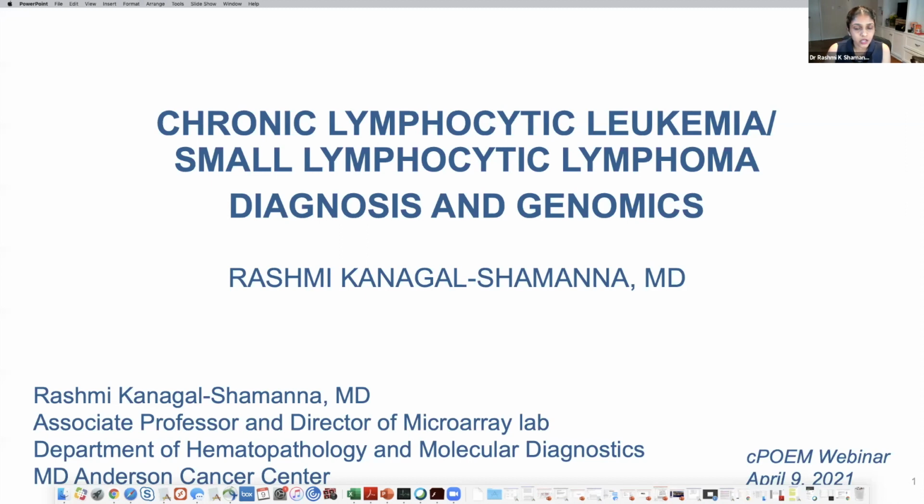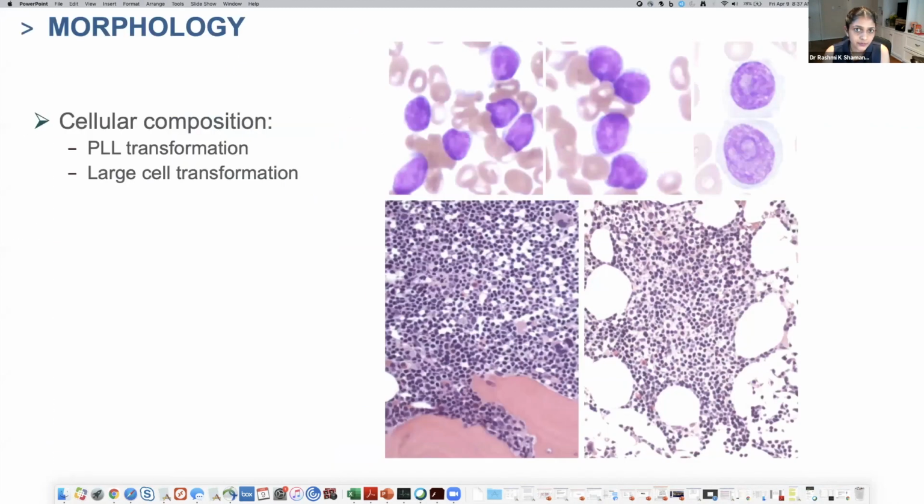So before going into the genomics, I always believe the conventional assessment based on morphology and immunophenotypic studies is extremely essential to the workup of any hematologic malignancy, including CLL. There are specific aspects that we can capture from morphology that are not available from genomics. For instance, in terms of CLL, you see the slides here to the right. These are typical small to intermediate sized lymphoid cells with the typical nuclear irregular condensation, what we call the soccer ball appearance.